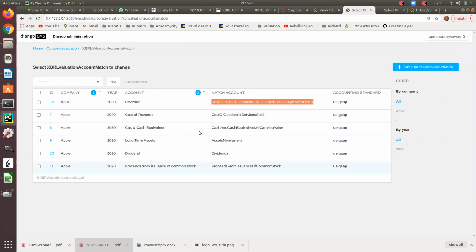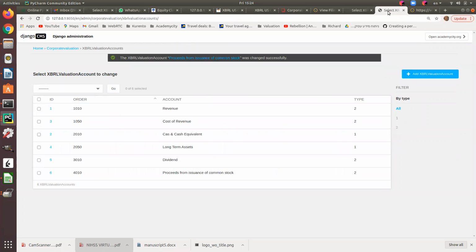But each one of those will have this matching. Yeah, this is the matching. Each one of them will be matched. Here I have the type. If it's two, it means it is a flow. If it's a one, it means it is an instance. And I want to make two lists, one with the ones that have two and one with the ones that have one, because pulling it from the data here,